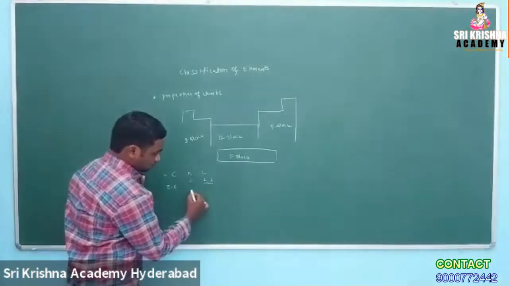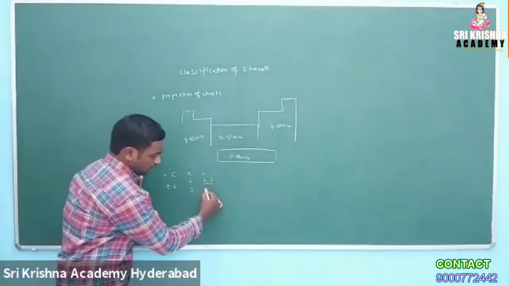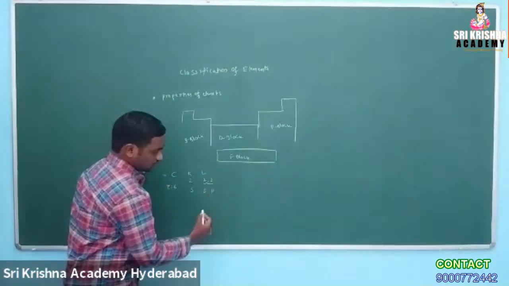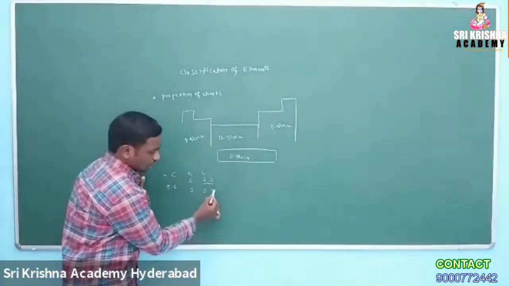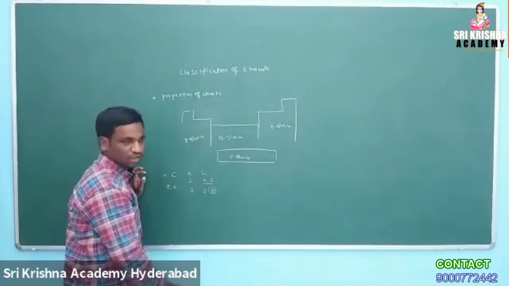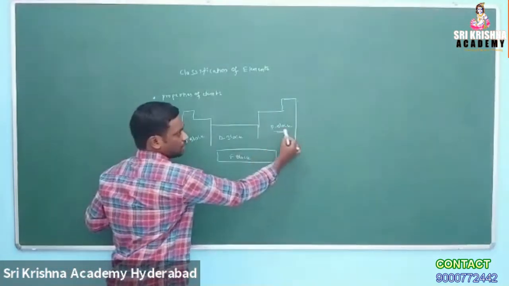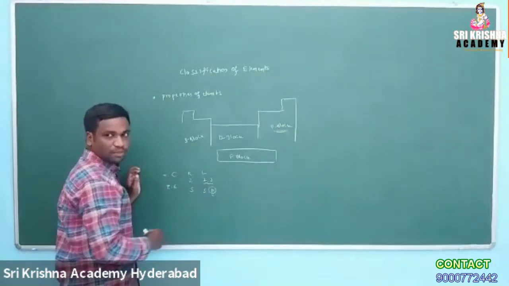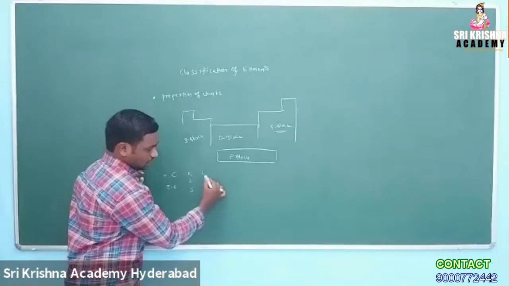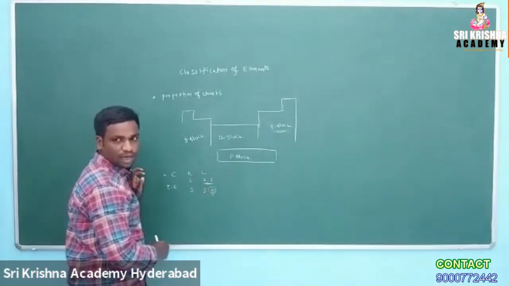The K shell has an s orbital, the L shell has an s orbital and a p orbital having 2 electrons here. The last electron is entering the p orbital. So the differentiating electron enters the p orbital, and that is called a p-block element. Carbon belongs to the p-block elements. The outer electrons, the valency electrons, are 4. Carbon is a group 4A element.